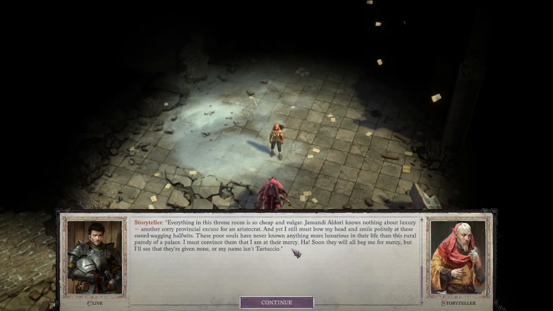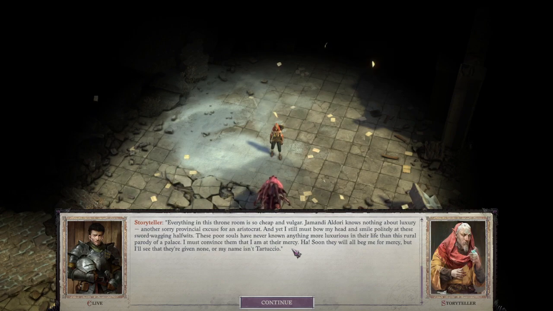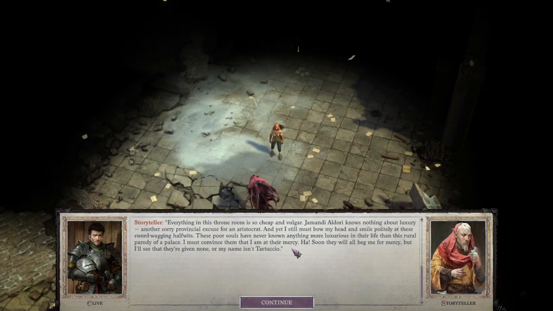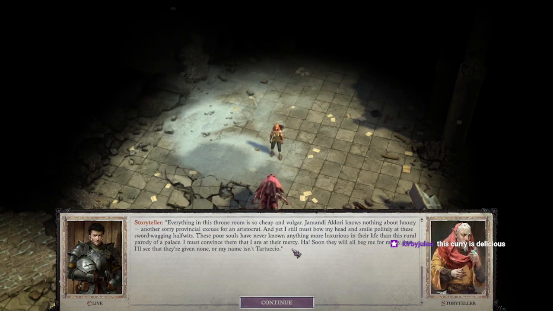Everything in this throne room is so cheap and vulgar. Jamandi Eldori knows nothing about luxury. Another sorry provincial excuse for an aristocrat. And yet I must still bow my head and smile politely at these sword-wagging half-wits. These poor souls have never known anything more luxurious in their life than this rural parody of a palace. I must convince them I am at their mercy. Ha! Soon they will all beg me for mercy, and I will see that they're given none, or my name isn't